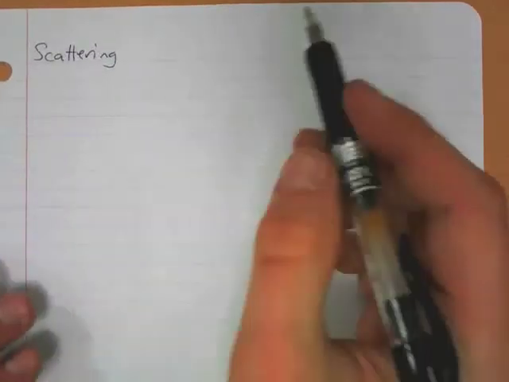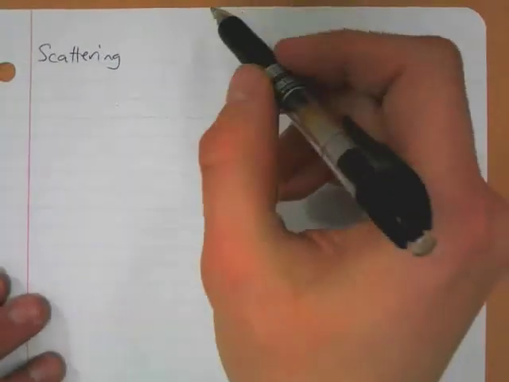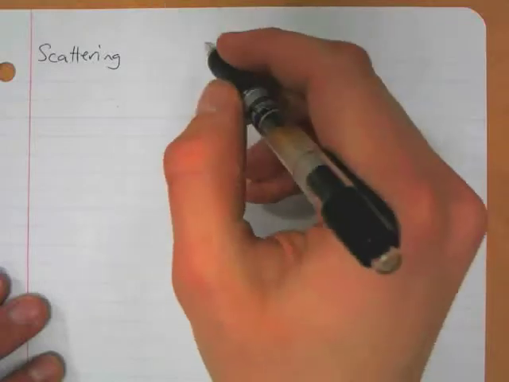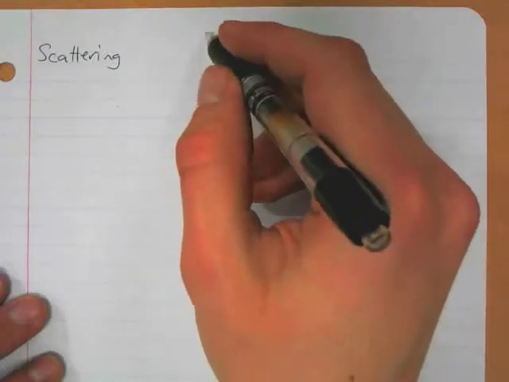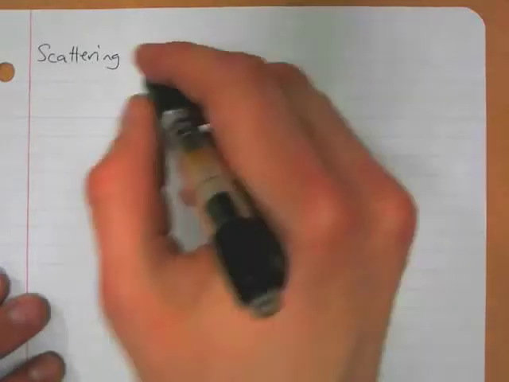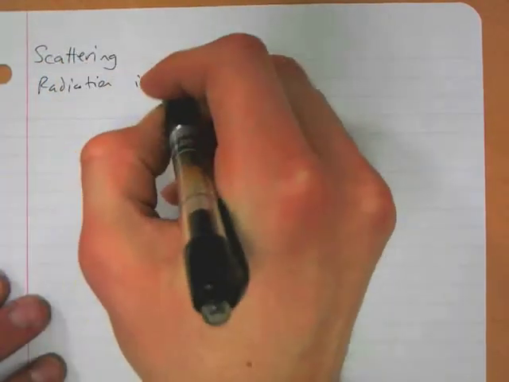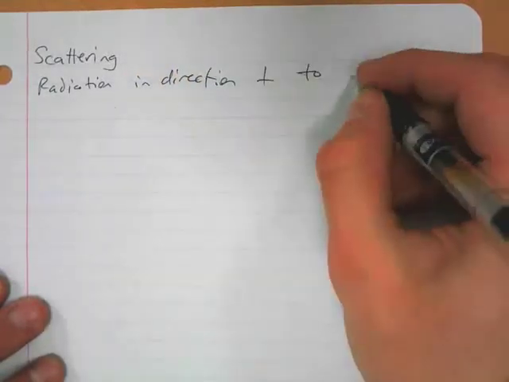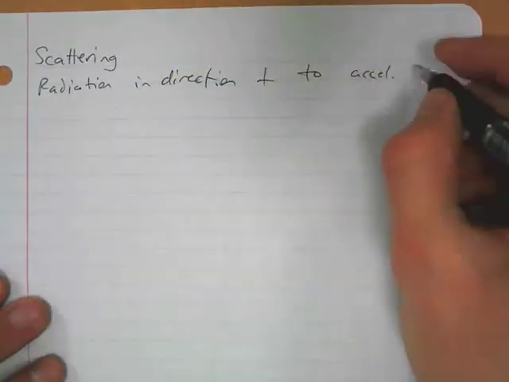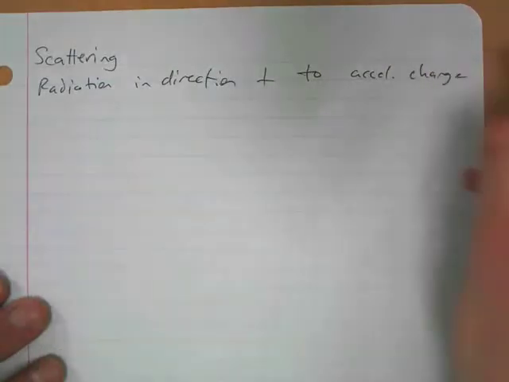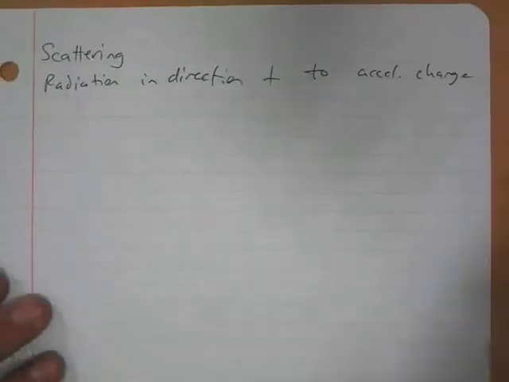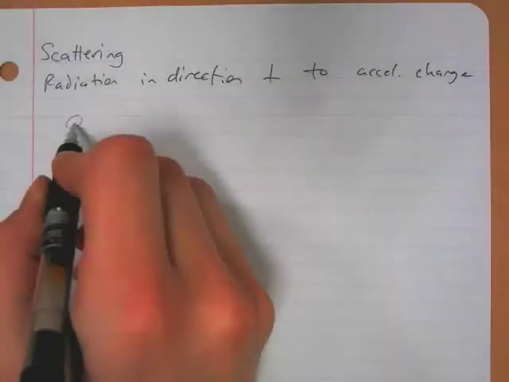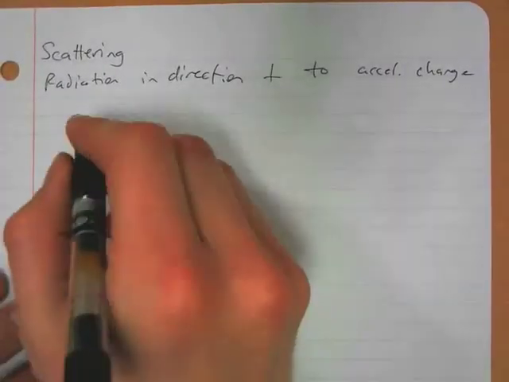Now recall from when I talked about antennae initially that there's only radiation in the direction perpendicular to the accelerating charges. Okay, so if we take a simple example, say we've got some kind of molecule here, and it's hit